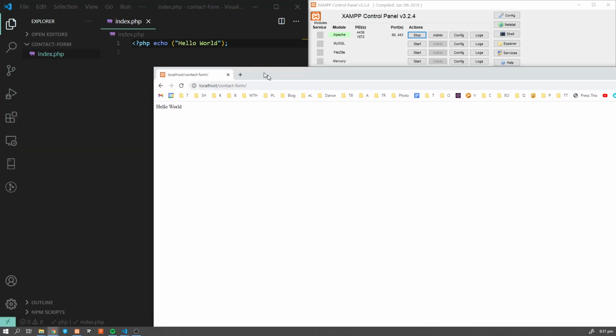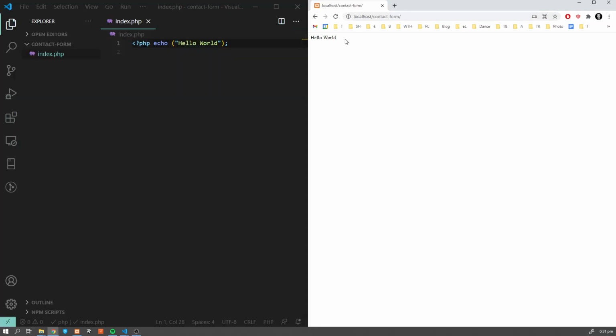Then I'll open my web browser and navigate to localhost/project name. In my case, it's contact form. You're going to see that this is working perfectly fine. This is how you verify whether your PHP is working correctly or not.